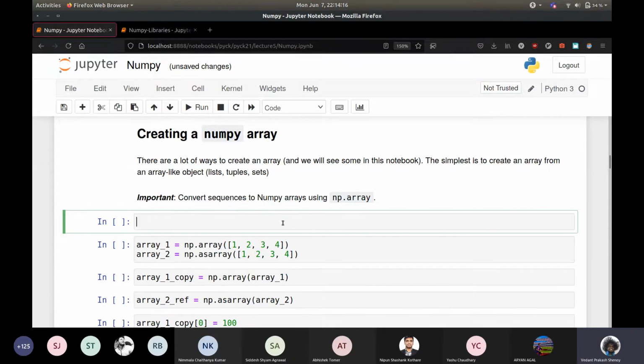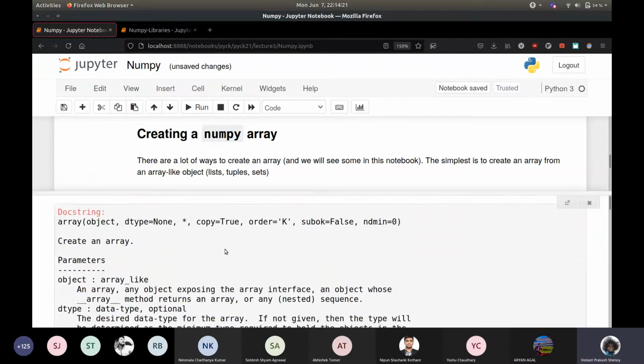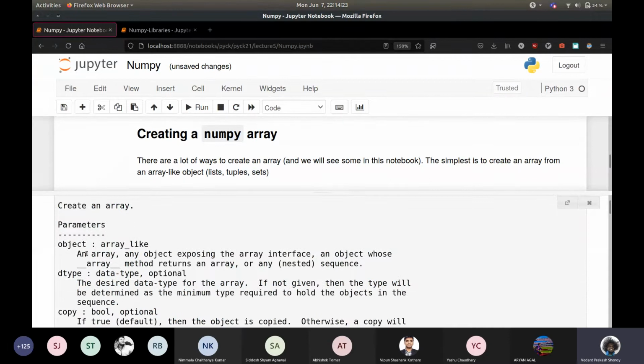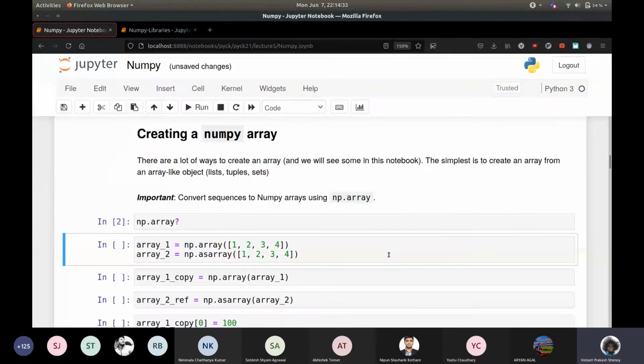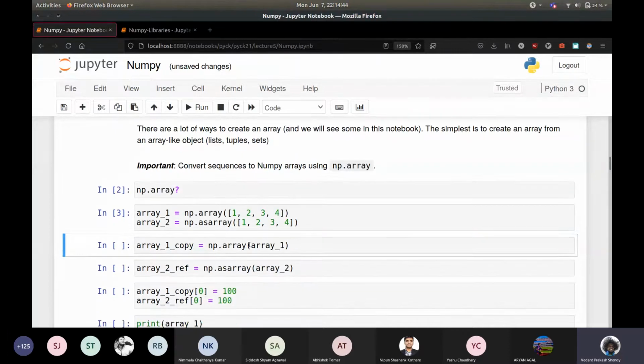And if you look up the documentation for np.array, that will be exactly what it says. So it will create an array, and you have to pass in an array, any object exposing the array interface, anything that is a sequence or a nested sequence or whatever. So yeah, let's just run this. You'll notice that there's another function here called asarray. For Python objects, it's pretty much the same as numpy.array, to be completely honest. But if you pass in an array into numpy.asarray, it doesn't return a new array.